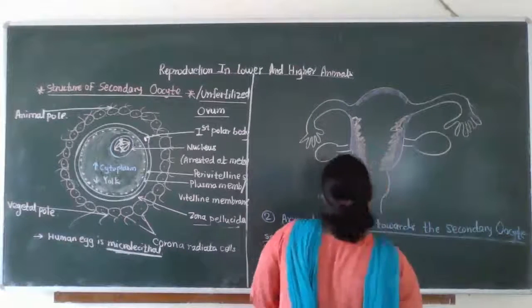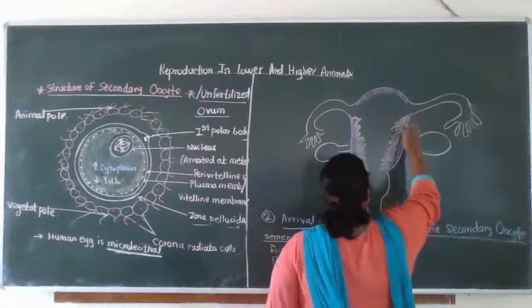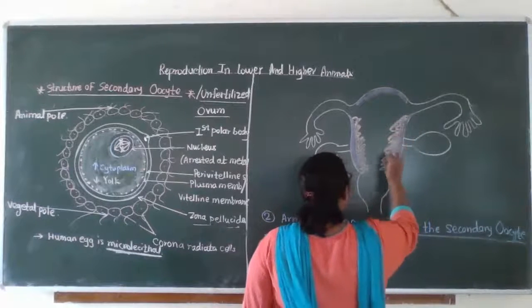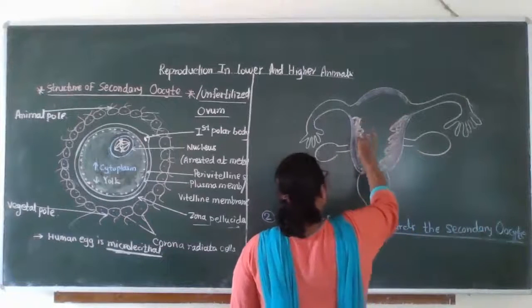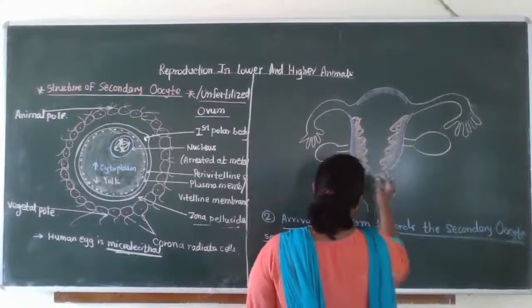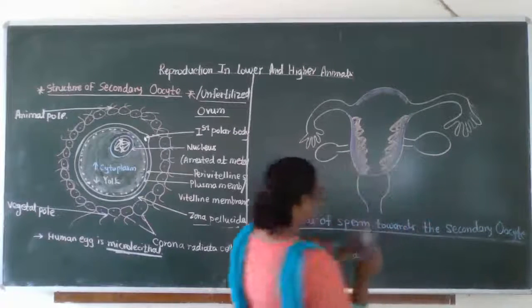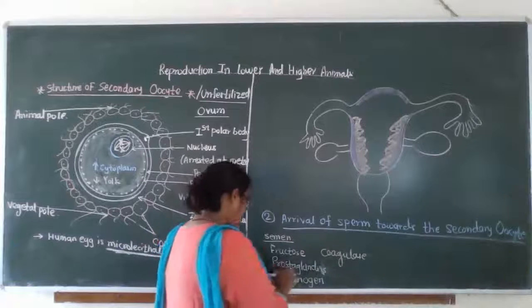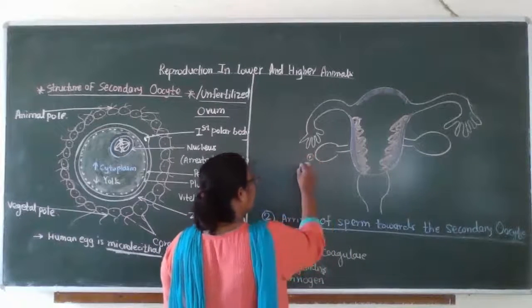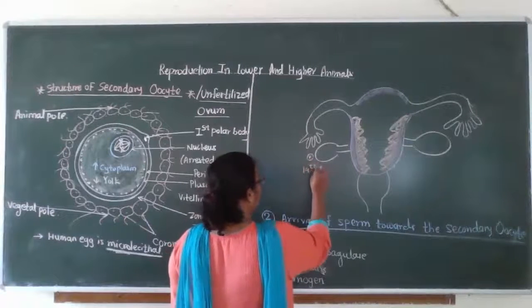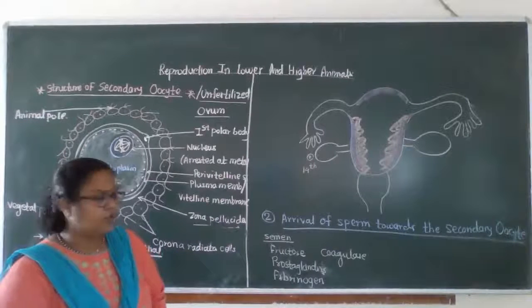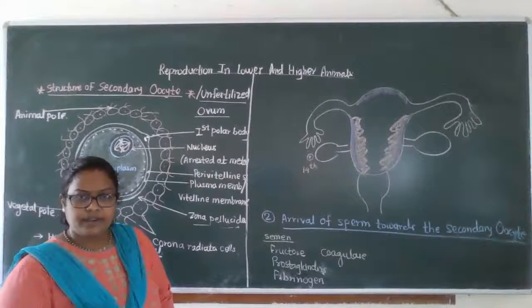As you know, this is the stratum basalis, and above it is the stratum functionalis, highly folded. And this is the cervix, with the internal os and external os. This is the secondary oocyte released on the 14th day, the ideal day of ovulation. We are considering it.